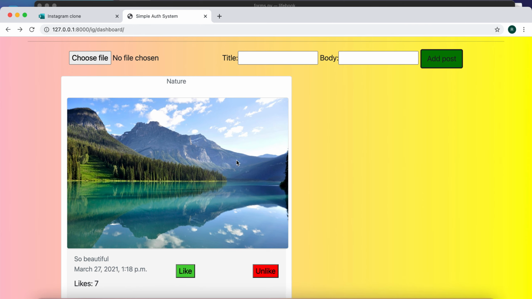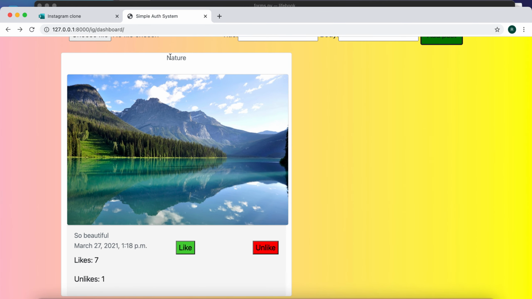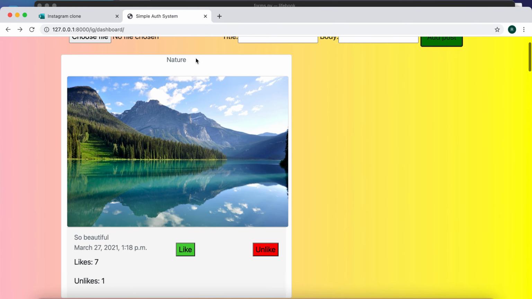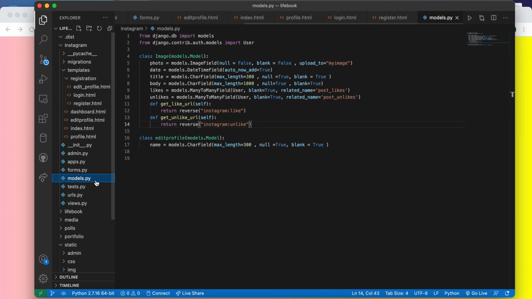In my case this must appear, and its model must include a title, a body, a date time field, a like and unlike, and a photo, right? So these are the fields of my model. I need to define them somewhere, so I'll define both of these in the models.py file.